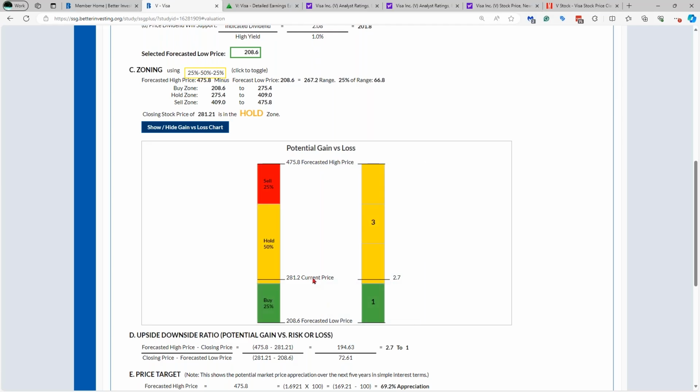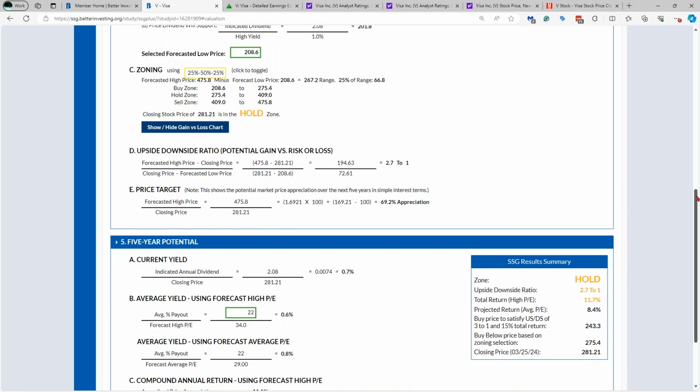Where this current price is on this chart, visually, you've got 2.7 times more space to gain as compared to the space you have to go down to your low price. So we're looking for this to be a little bit lower. They will coincide with your buy zone, and we're looking for a 3.0